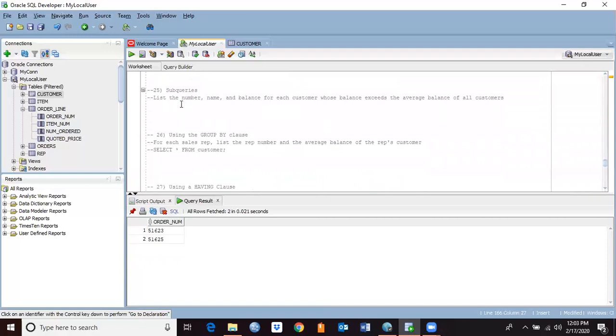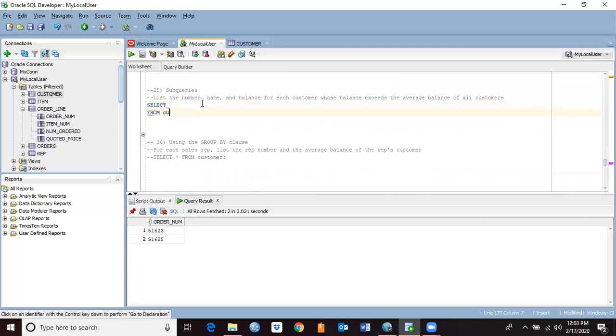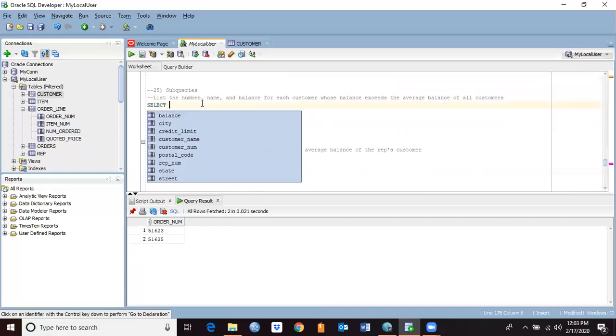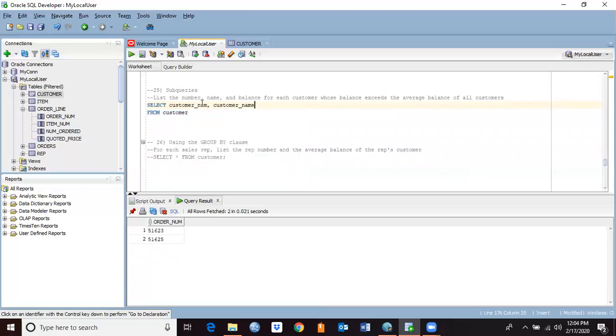List the number, name, and balance of each customer whose balance exceeds the average balance of all the customers. This is again a subquery. So let's do that. I'm going to say select customer number, name, balance from customer where